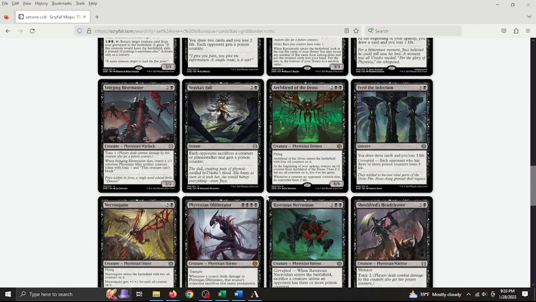So yeah. An Edict here I don't particularly think is good. Like I said before, there's a lot of removal in black. Black being the removal, a heavy removal color typically, but there's a lot of it. And then an Edict in a set with a major token strategy, I don't really know about. Just giving your opponent a poison counter outright, I kind of like, but yeah,